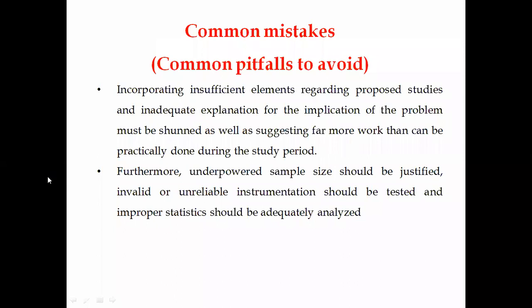For that reason, if you are using any kind of instrumentation, you need to test it and calibrate it. Whether the instrument is going to give exact results or not, whether there is any deviation in the results, you need to test against another instrument and calibrate it every 6 months. Along with that, you need to be more focused. At the end, we need to give the proper signatures of the research team and principal investigators.